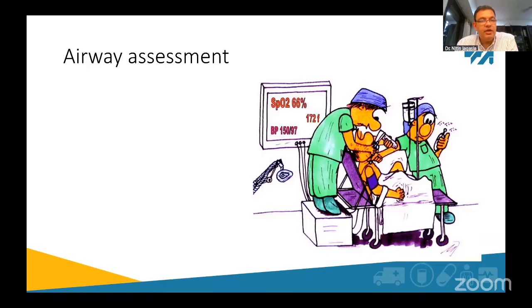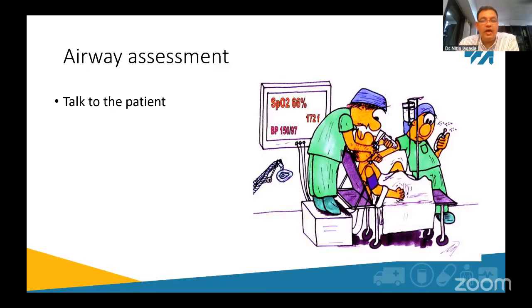The easiest thing is to talk to the patient. If the patient can talk back to you, it will give you a lot of information. It actually tells you much more than you're primarily interested in, whether the airway is patent and whether it's protective. If they're talking to you, that means it's both patent and protective. If they are moaning at you, you know that it's patent, but it's probably not protected.